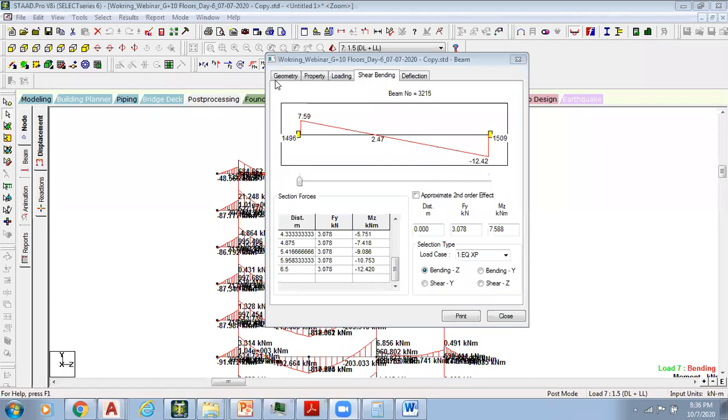Lizu is asking whether, rather than checking each load combination individually, there is an option to find the maximum value for all the combinations. Yes, you can find out the maximum bending moment also. That I will let you know later. Don't worry, I just wanted to show you the diagram. We can go to the tables and find out the maximum bending moment. That we can do.